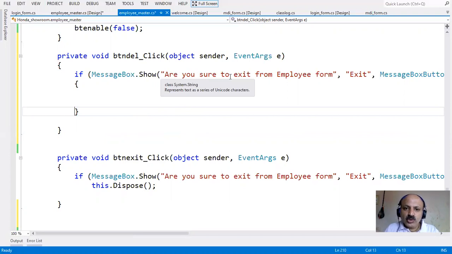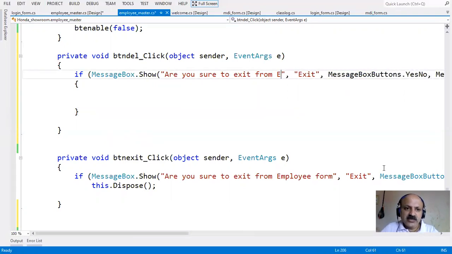So, are you sure to exit this form? We can change our message. That is the MessageBox.Show method, and we can pass 4 arguments. First is the message. So, are you sure to delete, you can select